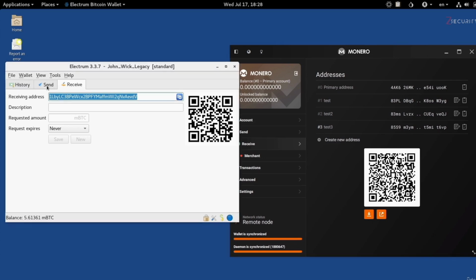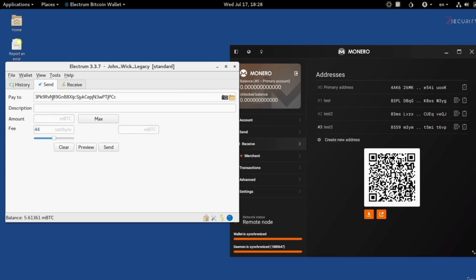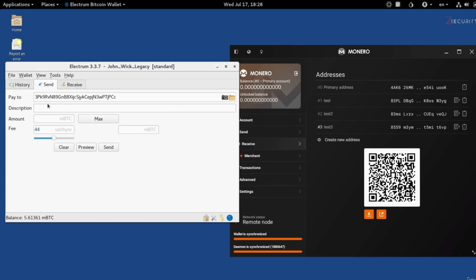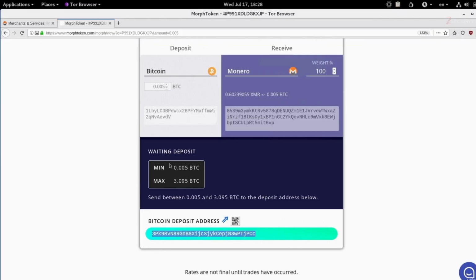I'm going to go to the Send tab as we've seen before. We're going to set the pay to address to the address that we got from here, the address of the wallet of this website. You can set a description for this, but I'm going to leave it blank. That's fine. The amount, we're going to set that to 5. Remember, this is in micro Bitcoins, so it's equal to 0.005,